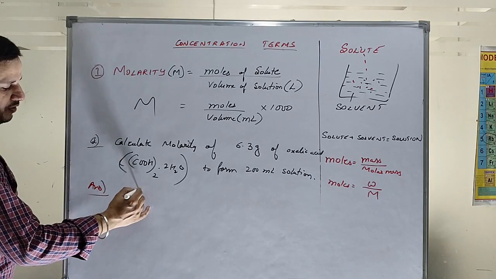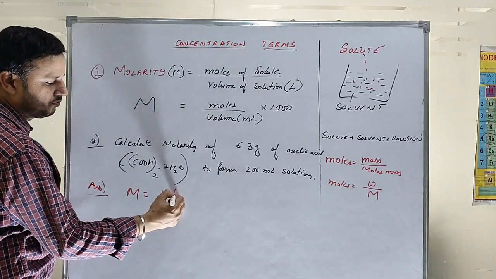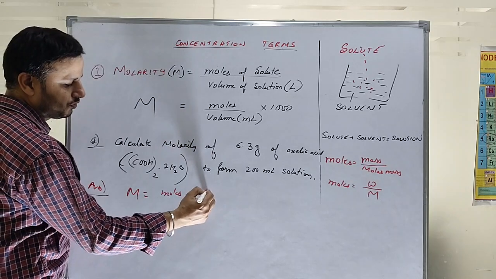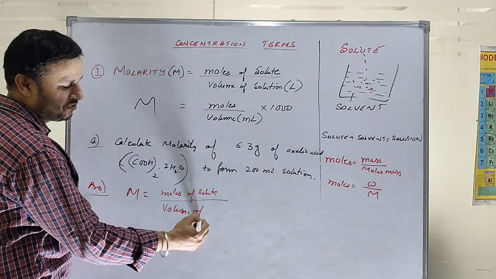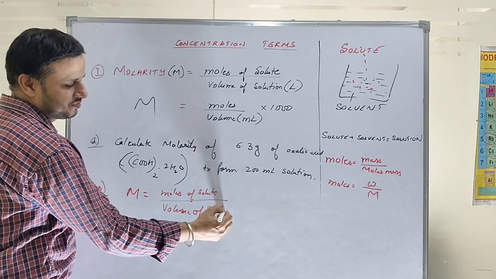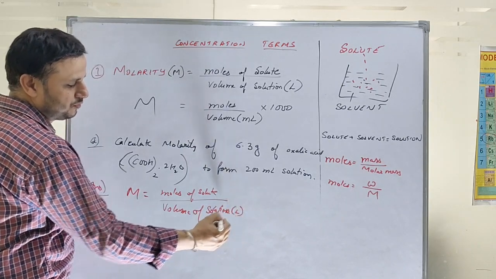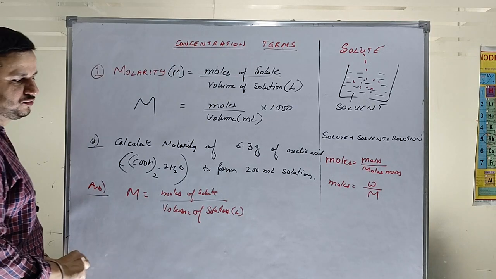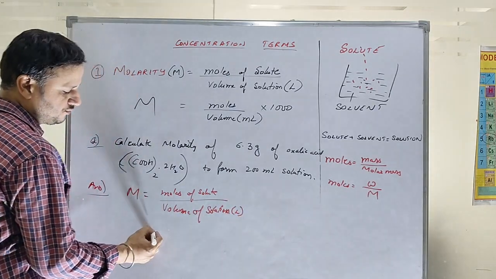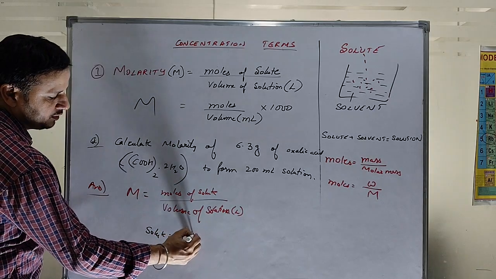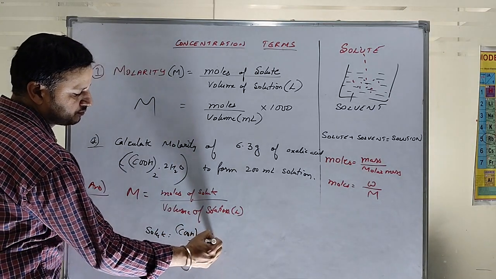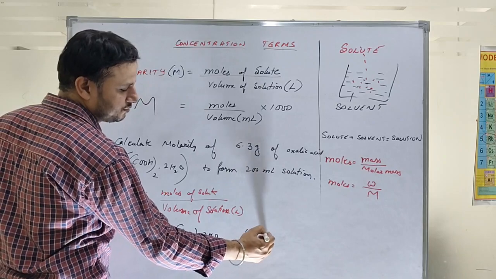So what we have to find? Molarity. The formula is moles of solute. So first we have to find, write its formula. The moles of solute and volume of solution. The moles of solute is COOH whole twice dot 2H2O. Given mass